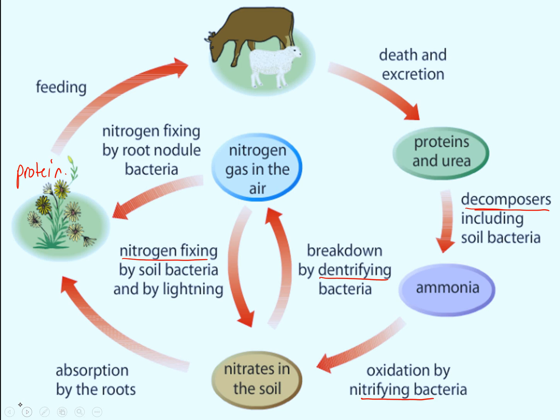This one starts with urea in animal waste, and it wants you to explain how the nitrogen in the urea is recycled to become protein in beef. So we're starting literally from here, and it wants you to describe this section of the cycle. Back to our cattle again, okay?